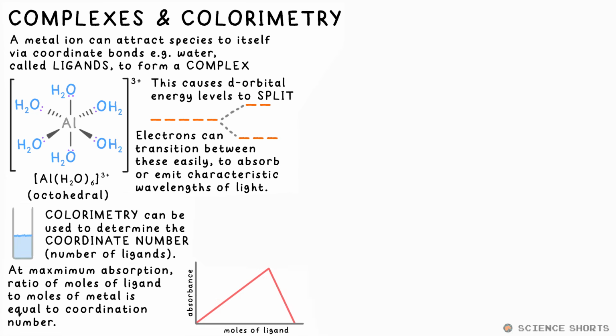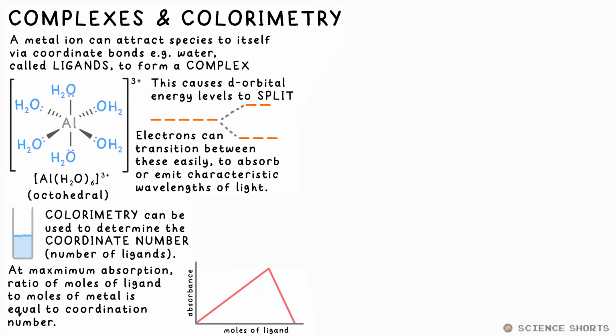We do this accurately with colorimetry, not calorimetry. We emit white light that passes through a filter that only lets a specific wavelength of light through, and then into a cuvette of the solution with a photocell on the other side that measures the intensity of light after it's transmitted through the solution. It converts this into a value for absorbance. We change the concentration of the ligand relative to the metal ion and see at what concentration we get the maximum absorbance. This ratio is then going to be the same as the ratio of the metal to the ligand